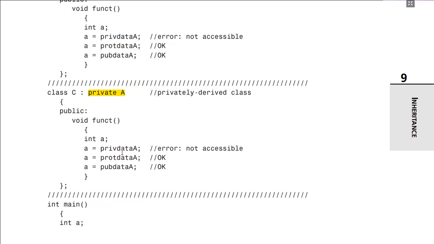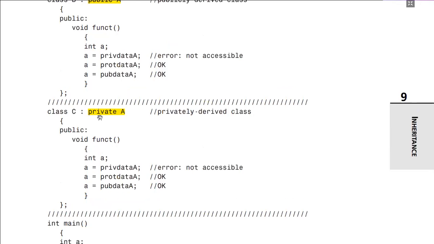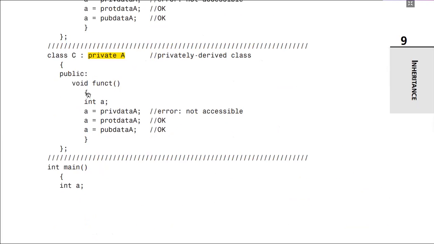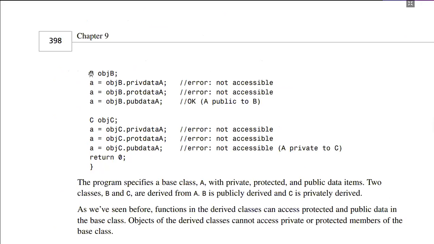But the difference between class C, which is privately derived, and class B, which is publicly derived, is whenever it works for the main function. If you go to the main function, in the B class, which was publicly derived, if you want to access the private data, you will not be able to. If you want to access the protected data, you will not be able to. Even though it was publicly derived, we know that from the derived object, we can only access the parent class's public data. But in case of C, we cannot access any member variables of class C,